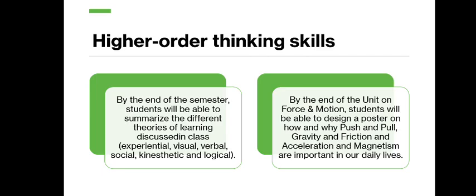By the end of the semester, students will be able to summarize the different theories of learning discussed in class: experiential, visual, verbal, social, kinesthetic, and logical. In this case, the key action verb is summarize, indicating a level 5 or 6 on the Bloom's taxonomy, rather than having students simply remember, level 1 on Bloom's taxonomy. The different theories